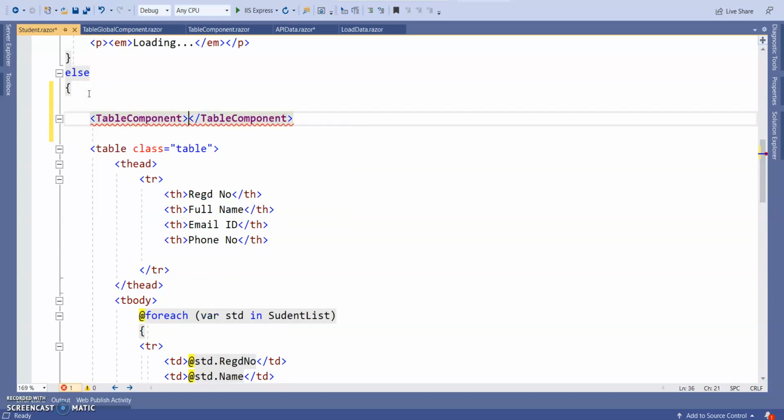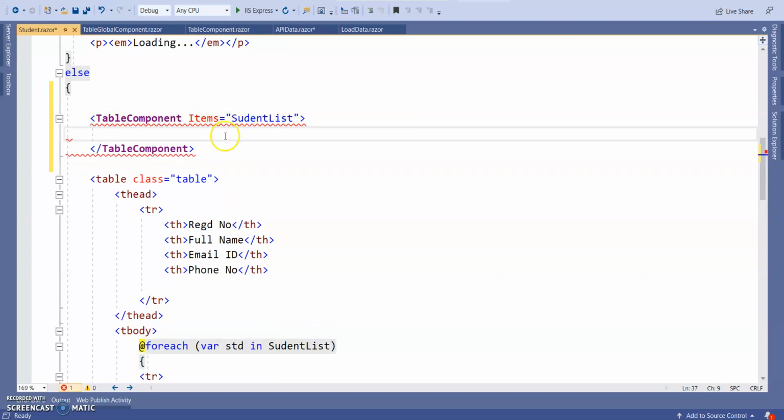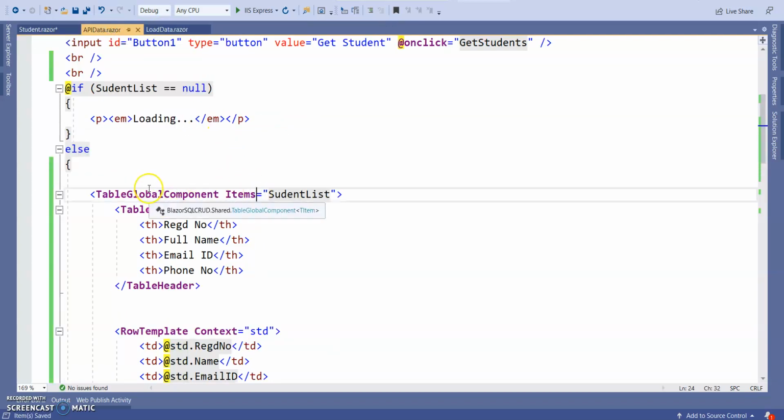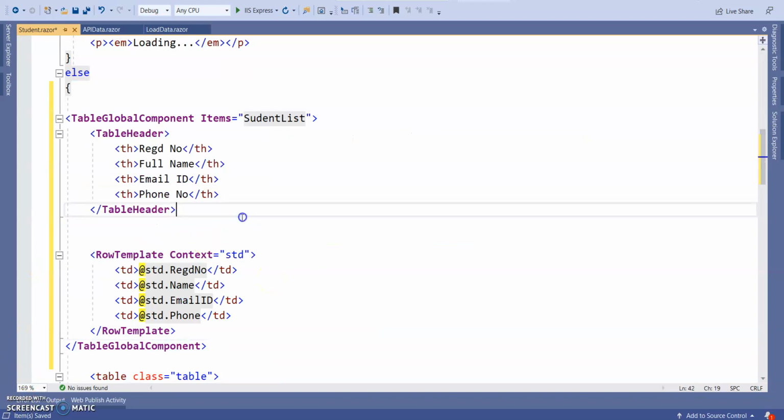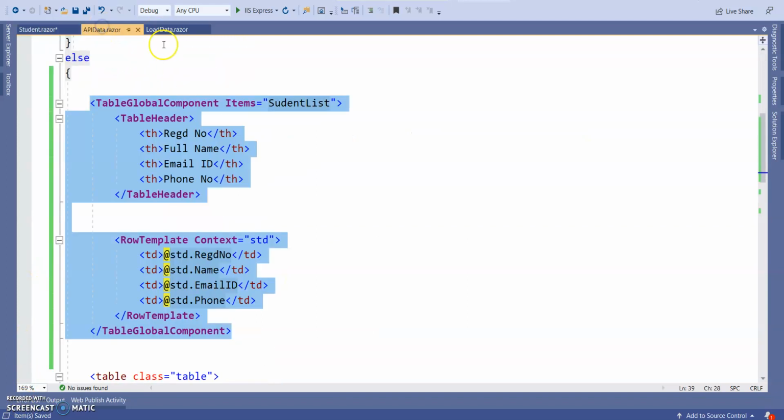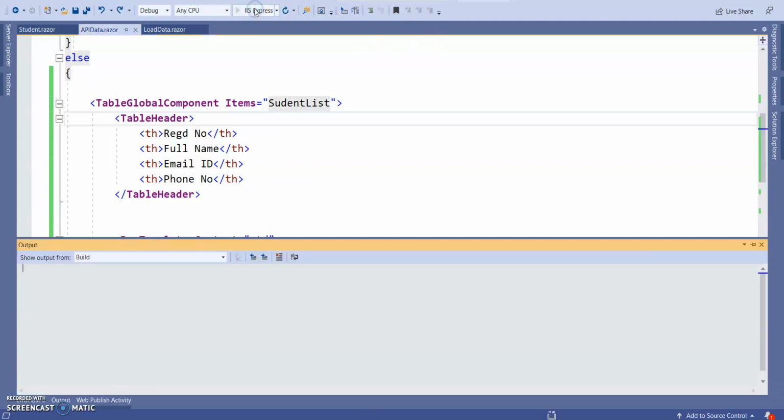The table component, here it requires items equal to the student list. So I did the copy paste from the API data into this one. Now run the application.